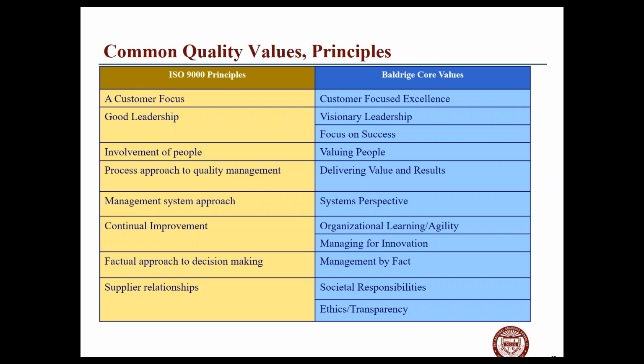Do we deliver value and results? In other words, we can charge a lot of money for something that we provide, but are we actually adding value back to the customer? So they're focused both on adding value and results. That means making a great product that provides great value. Is there a systems perspective, kind of thinking through things? When we make a change, is it one department fighting against another department? Are we realizing that if we make a change to a process, we have to change maybe the way we recruit people or maybe train the people? And that's kind of that thing.